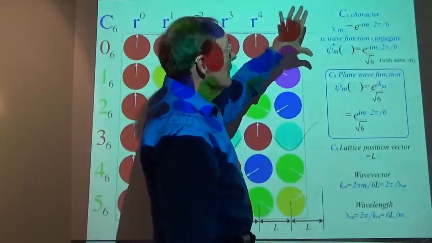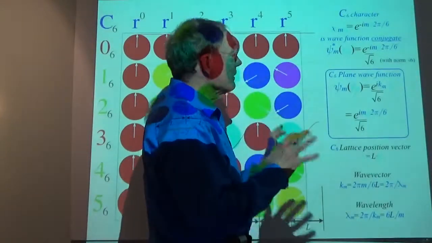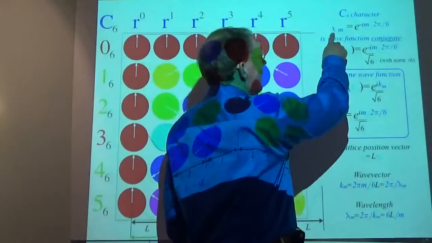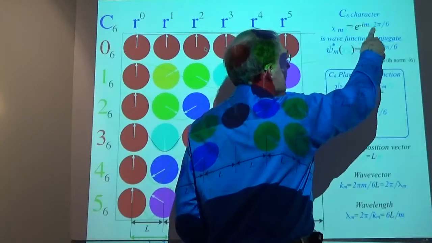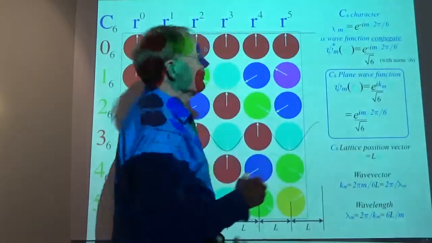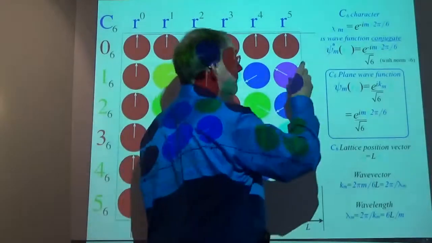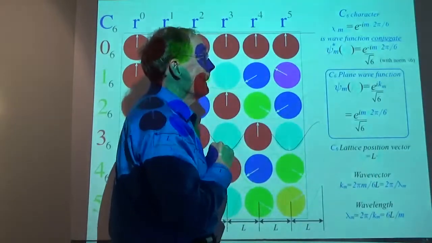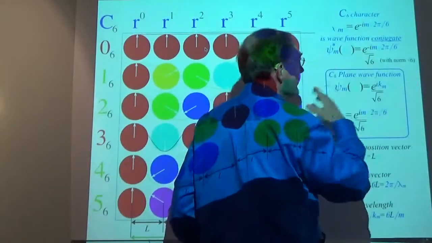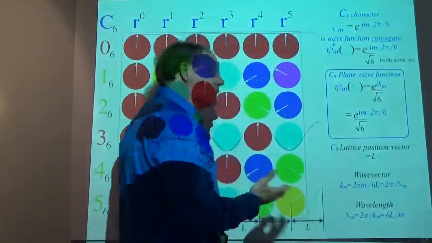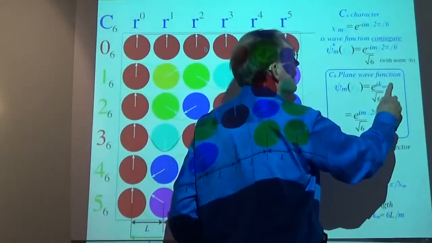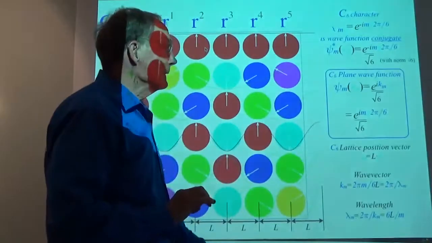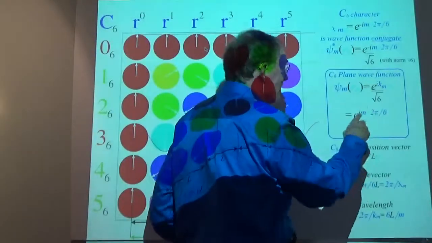Using the notation that I find fit the most group theory works in the literature. Character equal e to the minus i m p 2 pi over our symmetry number 6. And they say wave function conjugate to the psi. Okay, so the psi doesn't have a minus sign. Psi is e to the i k x. Well, k sub momentum, r position at p point. Okay, so this is the formula for all of these